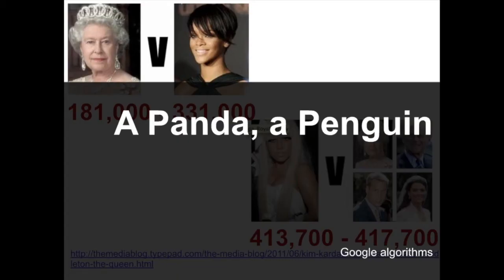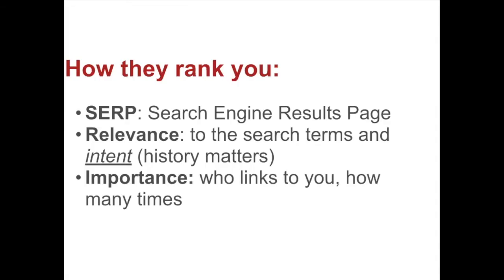I want to move on now to Google in particular and the algorithms that it uses to rank our journalism, our content. Sometimes these algorithms are given particular names, like the Panda algorithm and the Penguin algorithm. And this is about how they rank your content on their search engine results page, what's sometimes called the SERP. Broadly speaking, we're interested in two qualities: the relevance of your page, of your story, to the search terms that someone is using, and the importance of your website and your web page.